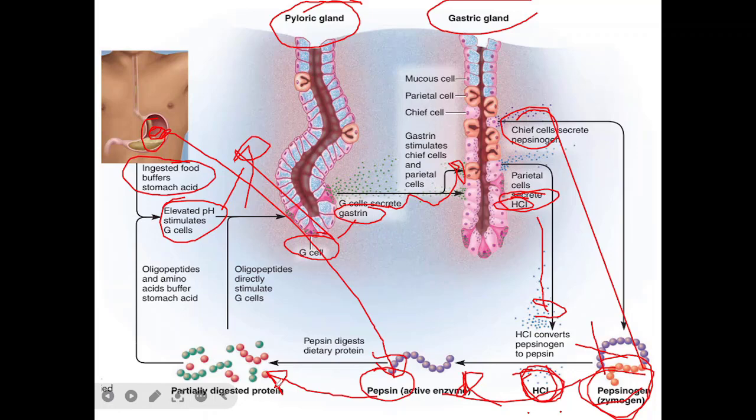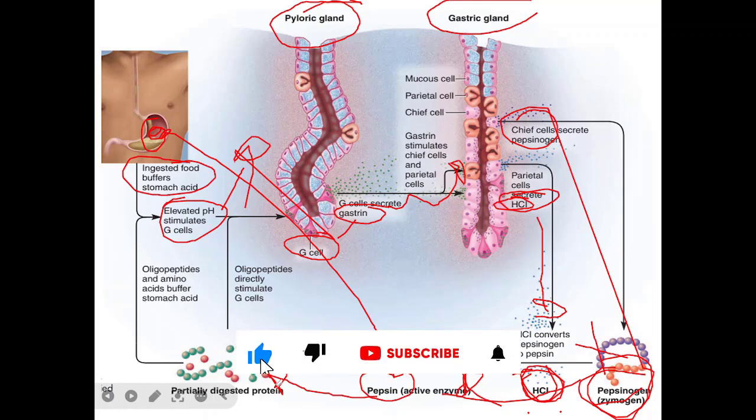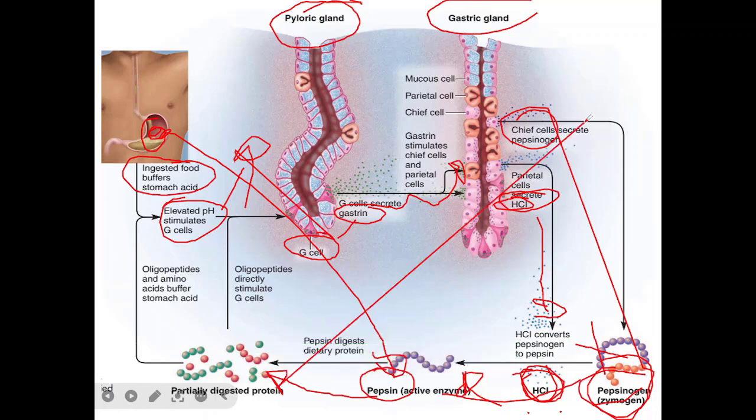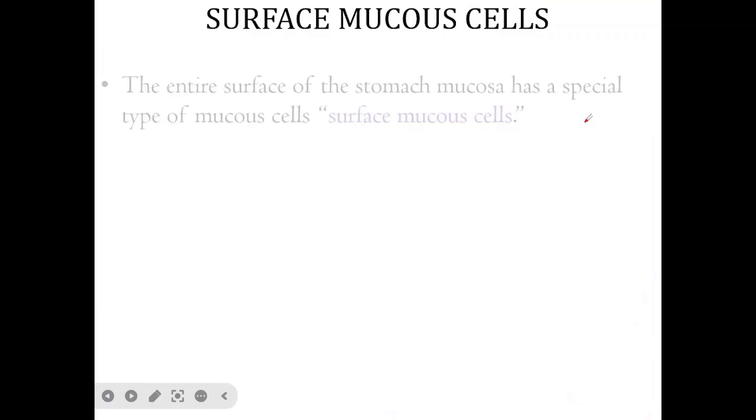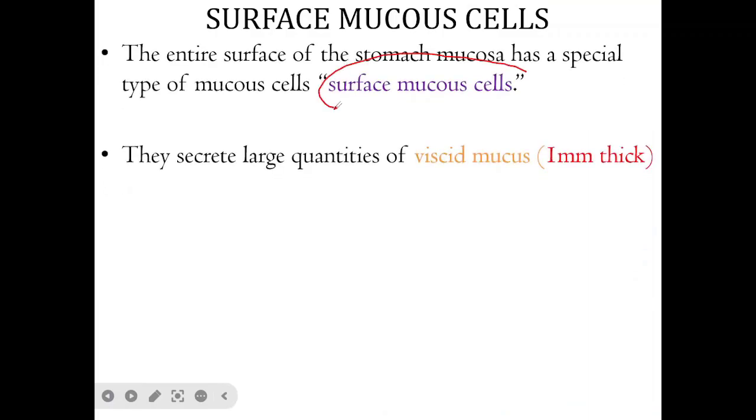This is the secretory cell inside the stomach, that is how we classify it. Another: the entire surface of the stomach mucosa has a special type of mucus cell, and that is called the surface mucus cell, because the secretory cell inside the stomach synthesizes thick mucus. This surface mucus cell secretes large quantities of viscous mucus,